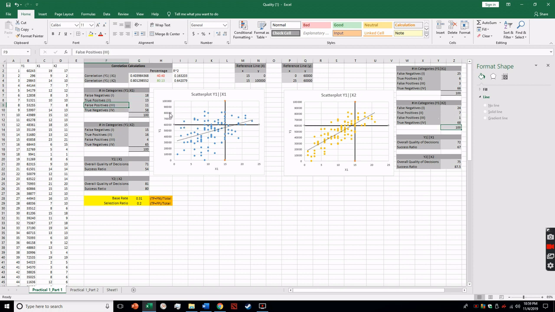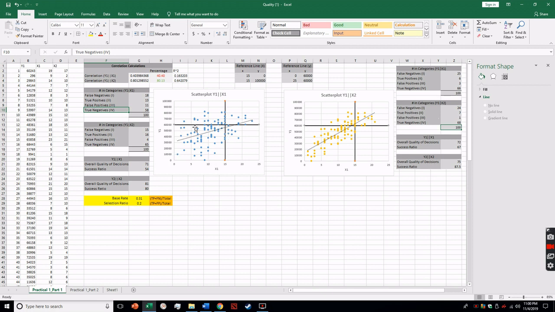Then we have false positives, which are those where we say the person scored less than 600,000, but they had a score of greater than 15 on the predictor, which will mean it's this quarter here. And then true negatives are people that scored below 600,000 and also below 15. In other words, those are the candidates most likely to be rejected, and so we can infer from this data